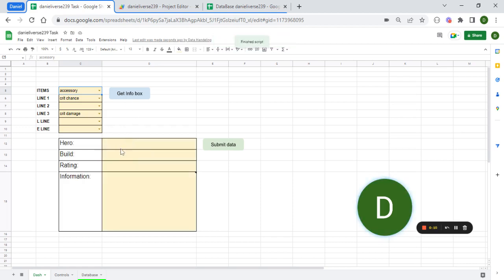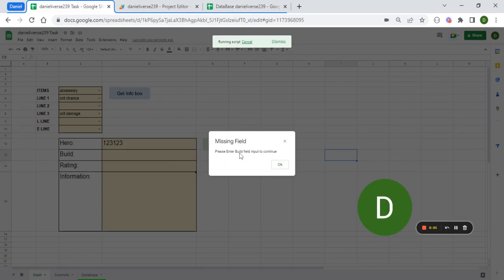It will find, okay, yeah, I have. Let me enter 1 2 3 1 2 3 1 in here, and if I try to submit the data, it's going to give me three errors. So build is missing,